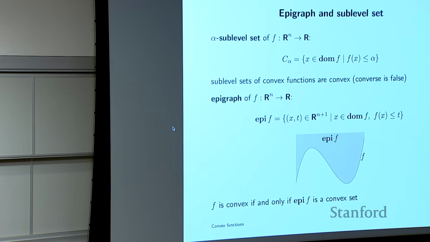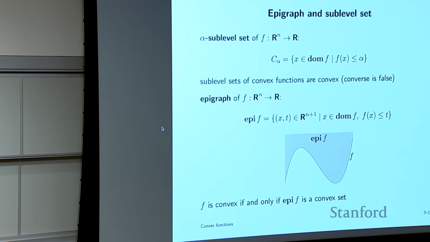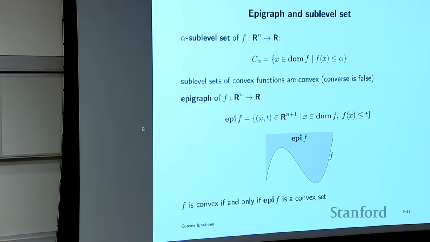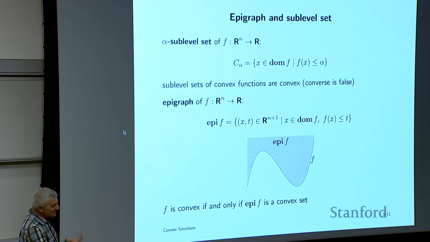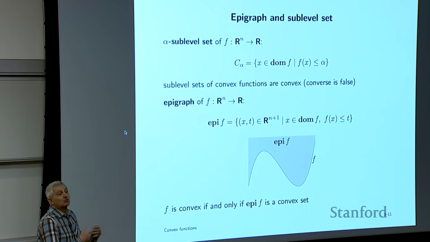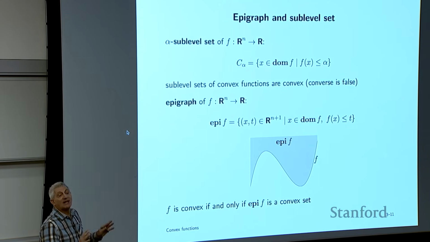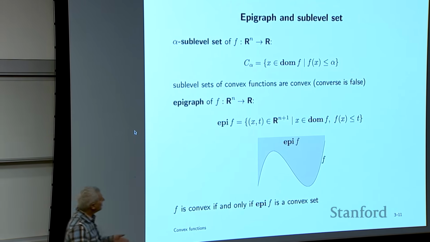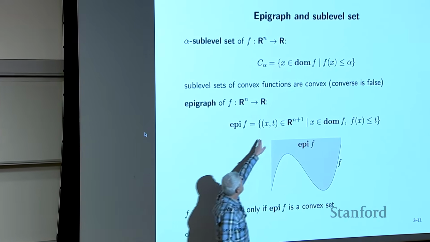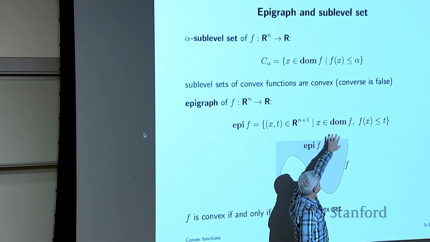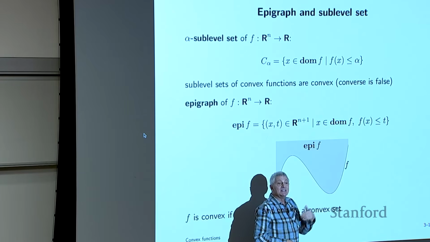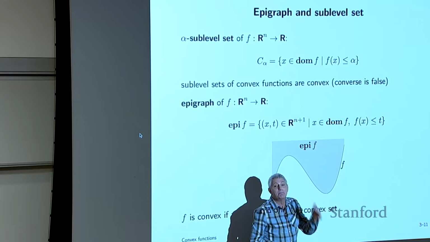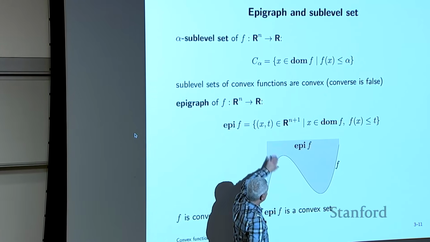The real connection is through the so-called epigraph. Epi means above, graph means, I guess, just graph, which means a drawing or whatever. Remember that if I have a function on Rn, its graph is a set in Rn plus 1. It's the set of all points of the form (x, t), where x is in the domain and f of x equals t. That's the graph, right? The epigraph is everything that lies above the graph. And so this is a function f.